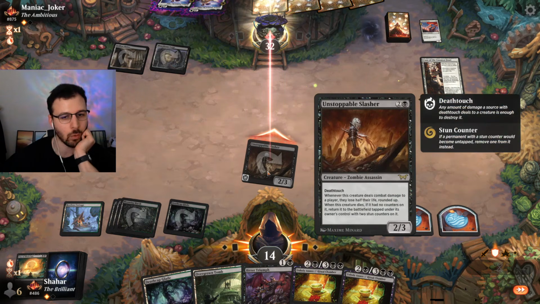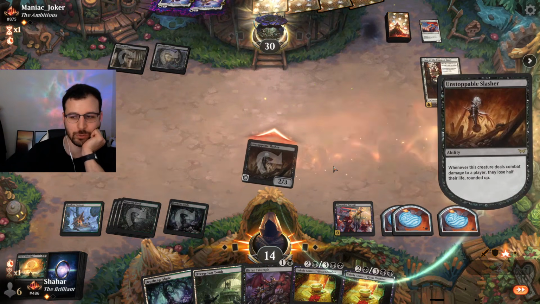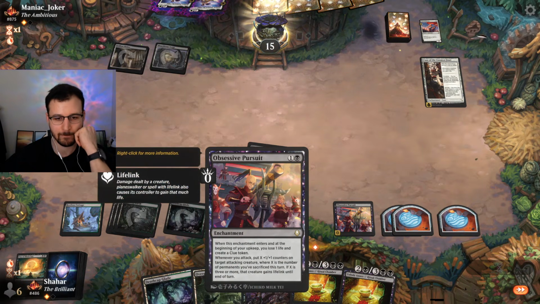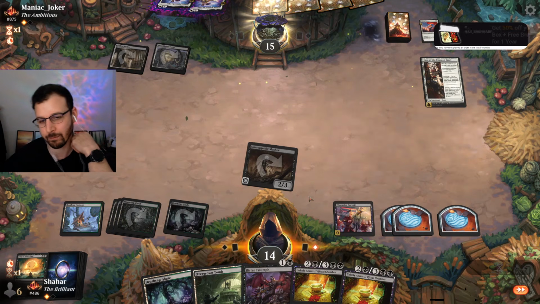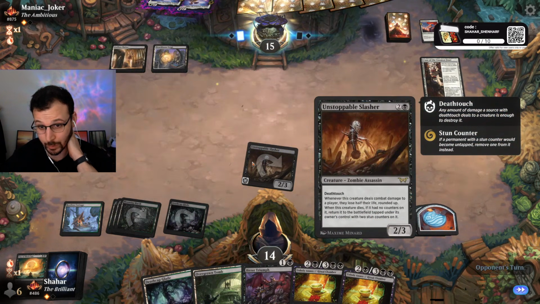We actively don't want this to have a counter. So the Obsessive Pursuit combo, it's kind of funny, because the way this works is when this creature dies, if it had no counters on it, return it to the battlefield. So, I mean, next turn I could play a land and sack 3 and gain up 5 life, but